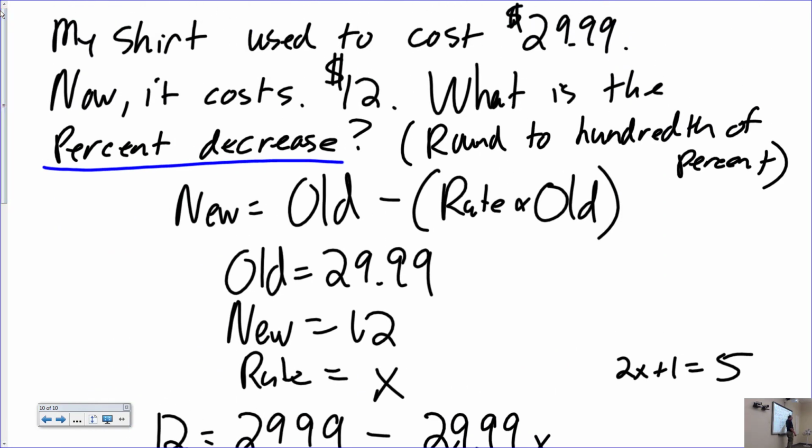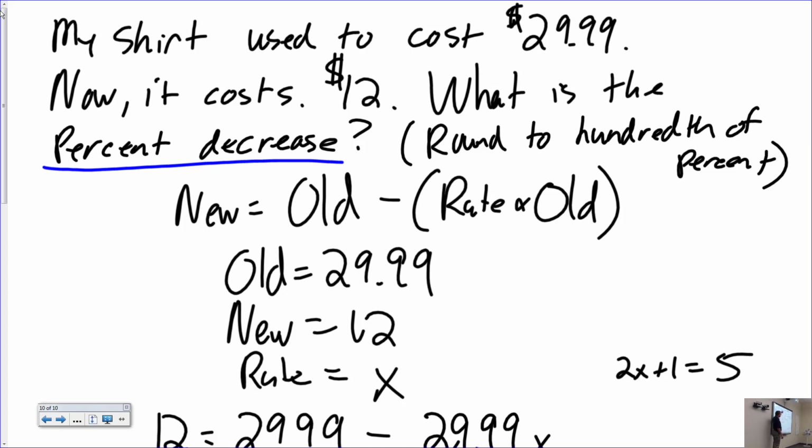Or $30. What's half of 30? 15. Is that more to get down to 12? Yes. Does it make sense that it's 60% then? Yes. Okay? Note, what I often get students doing on this problem because they've been shown that it works is